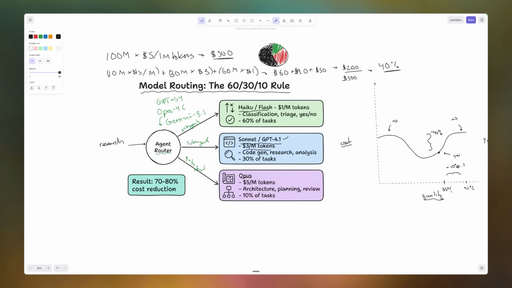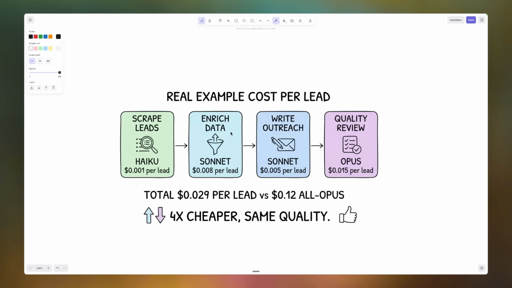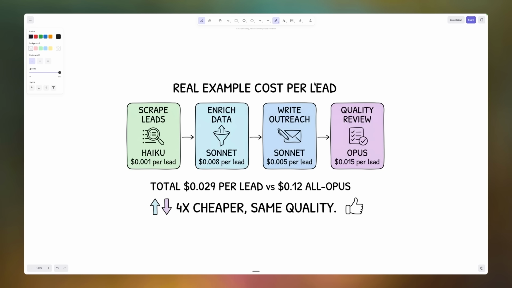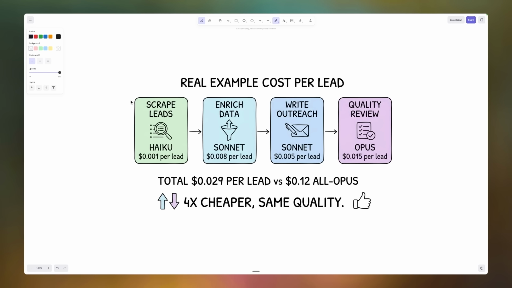because the things that we're now spawning dumber agents to do are things that, to be honest, the quality was already okay a few generations ago, back with the Haikus and the Sonnets. So just to give you an example from something that I do pretty often, which is going to be some form of lead scraping, what you can do is you can actually traverse a very large portion of the internet using a relatively dumb model, these Haiku models.